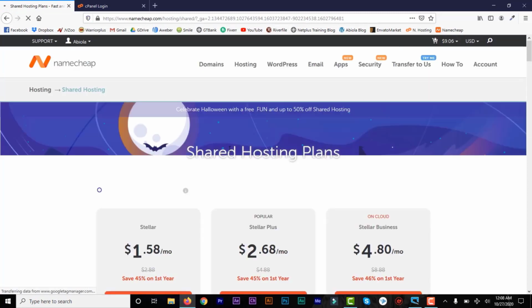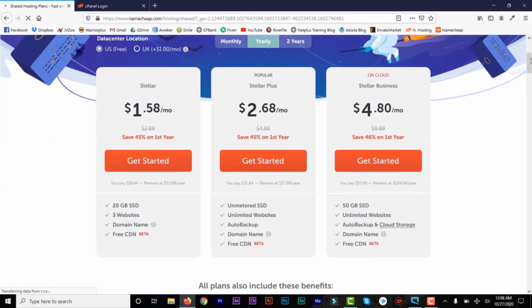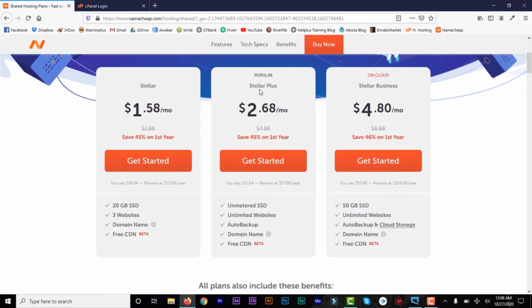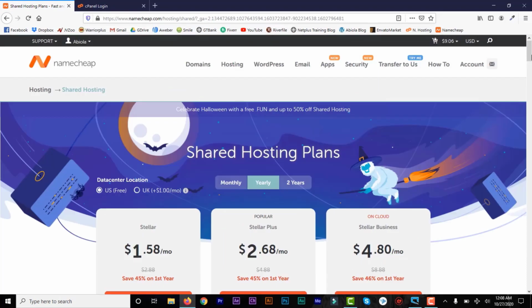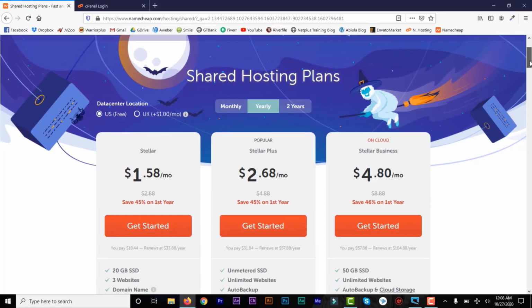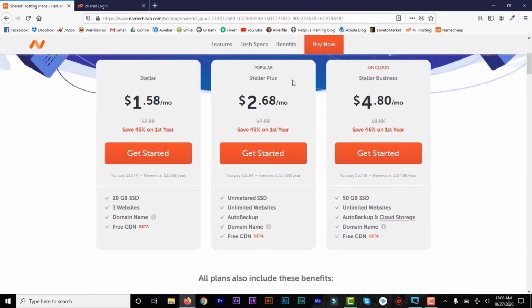They have other ones like VPS and all that. So we have the Stellar Plus, the Stellar Business, which are some of the shared hosting plans. So for these, I think you should just start with the Stellar Plus, which is the popular one. It allows you to host unlimited websites, so you can start with that. So, and you can just click on get started,